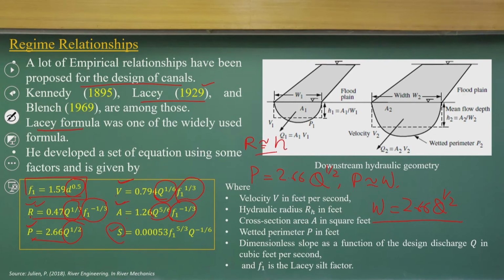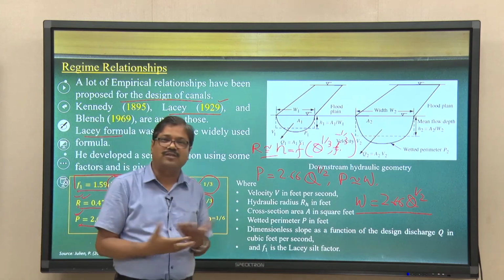So, that means the flow depth is a function of Q and F1, with Q to the power 1 by third and F1 to the power minus 1 by third. See, if you try to understand how these functions have come up,